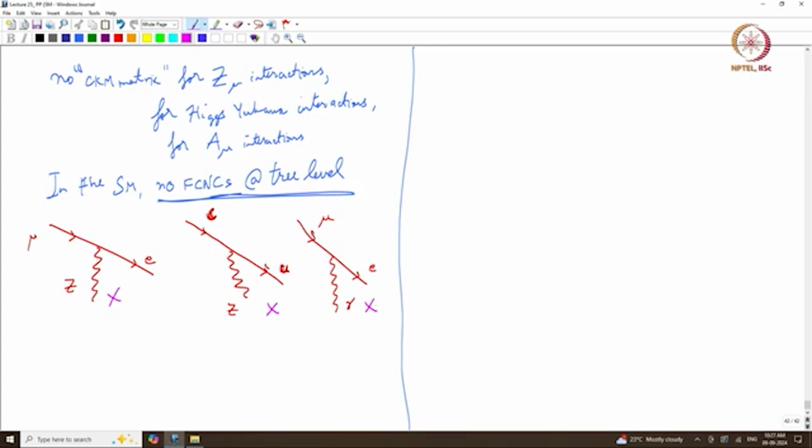So again, now let us inspect that phrase at tree level. Why do I say at tree level? Because I can always have a muon go to an electron, but in between it is turned into a neutrino. How can I do that? This vertex is there, right. So through the W vertex it is there, and from the W I can spit out a photon or a Z. That is absolutely allowed,